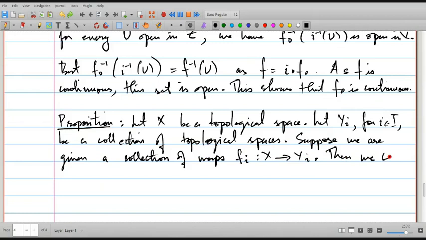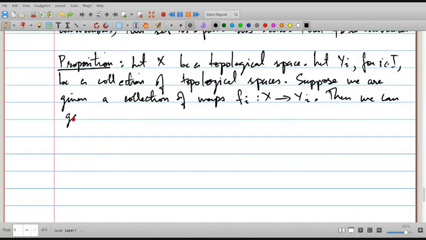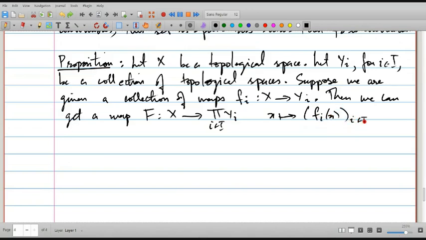Then we can get, all this is at the level of sets, a map capital F from X to the product of Y_i's, which is simply defined by sending x to the tuple f_i of x for i in I. So the statement of the proposition is that F is continuous